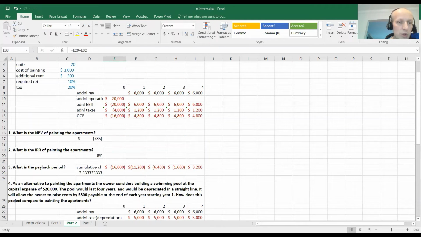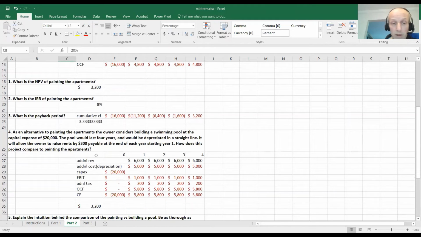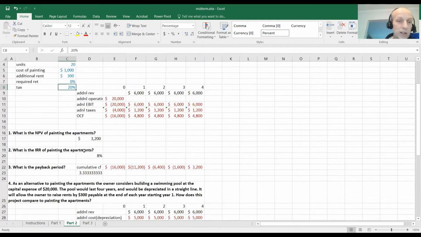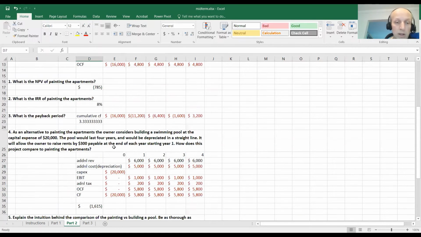If I were to discount future at 0%, then it shouldn't really make a difference when I benefit from deducting the costs. And indeed, if I change the required rate to 0, the NPV of painting the apartments is 3,200. The NPV of building the pool is also 3,200. So that makes a lot of sense. If I switch back to 10%,